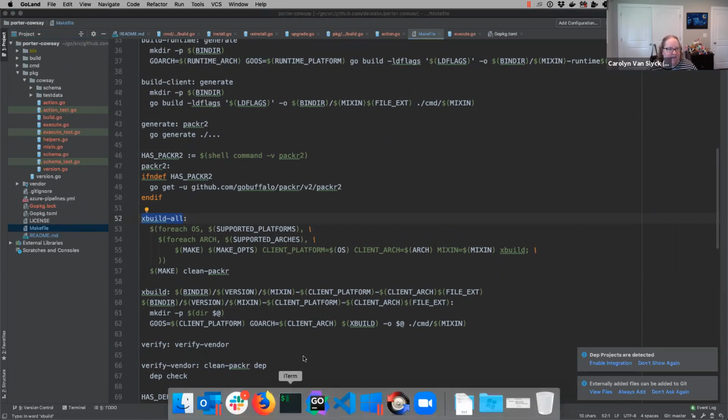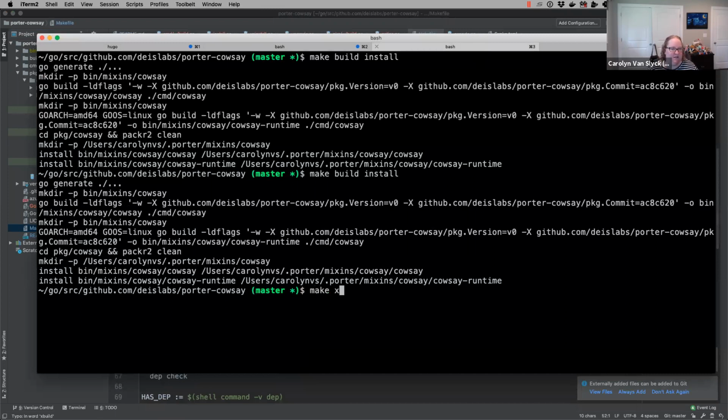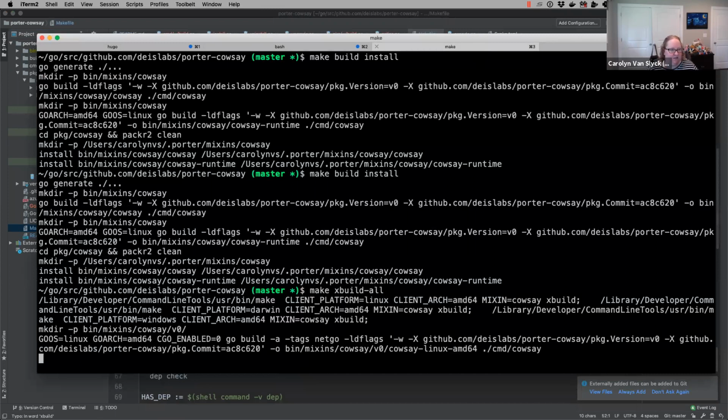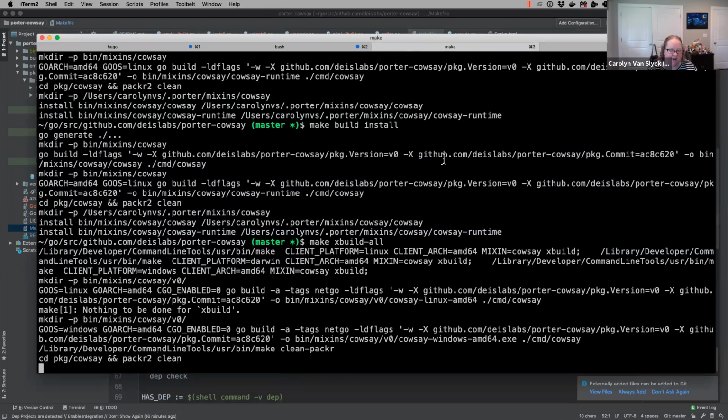And let's run that real quick. I'll show you what this does. It takes a little bit of time. What it's going to do is, for every single operating system that's supported and every single architecture that's supported, build your Mixin binary for both the client and the runtime, which is whatever gets embedded inside the bundle. And then you're all set